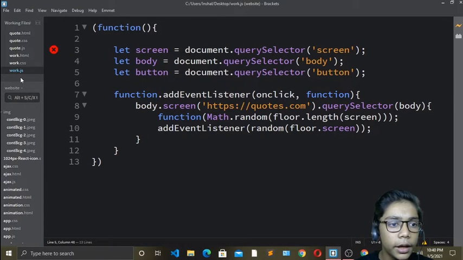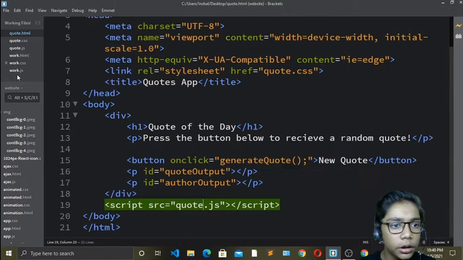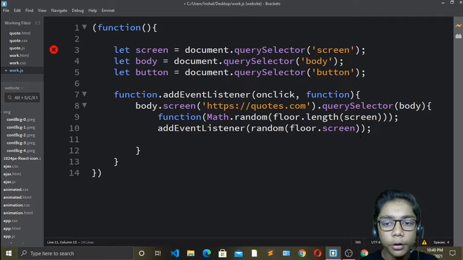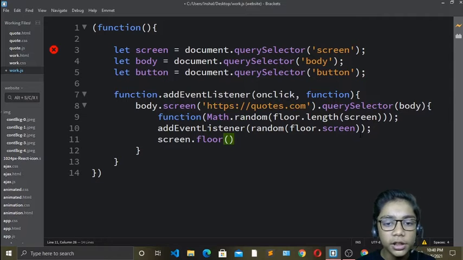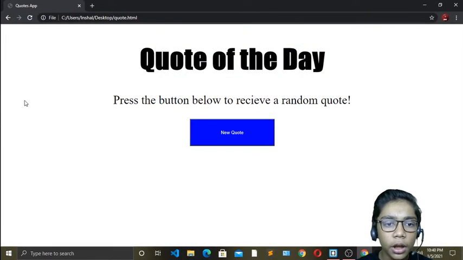I will go to my HTML file, and here I will just change it to h1. Okay, so now it is good. Then go to work.js again, and here you have to define anything which is called screen. Because there was a display of none, I will change it to display come. Over here I will write display come with a semicolon, hit save, and now if I show you, it will be looking good. So now here you can see how beautiful it is looking.